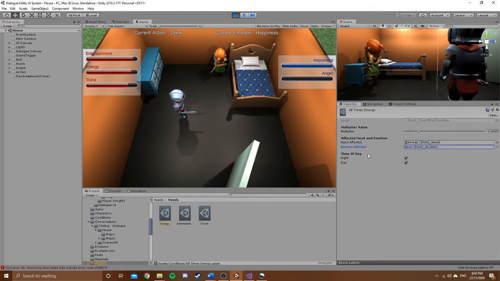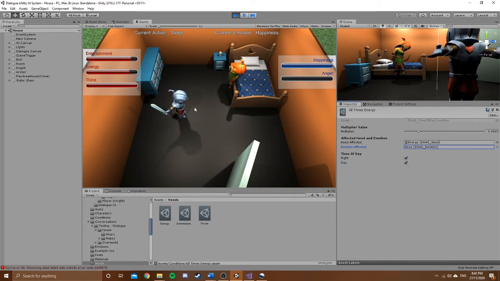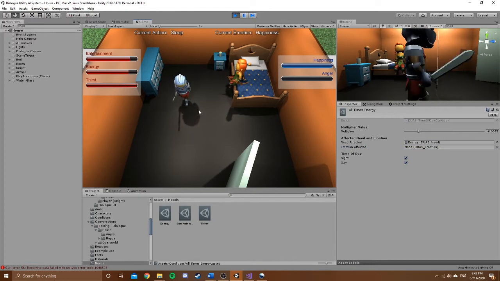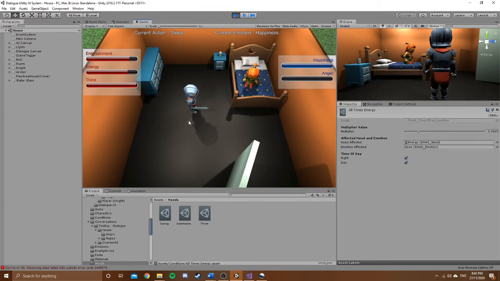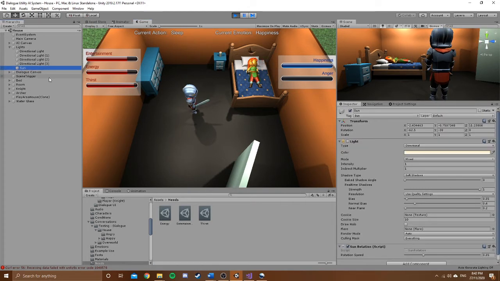When the night field is ticked, the effect will only be applied during nighttime, and if the day condition is ticked, the effect will only be applied during the day. Both can be ticked to have the condition met at all times. Time of day conditions rely on the sun prefab, or at least an object with the sun tag on it that rotates the X position of the object. In my demonstration, I use a sun rotation script that allows for me to set the speed of the sun's